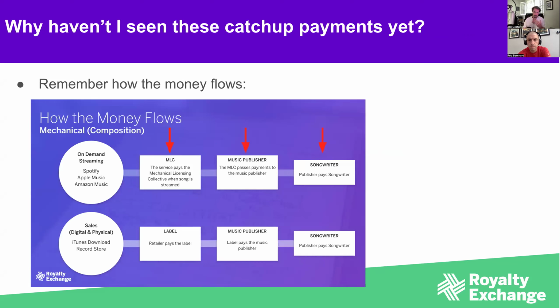So it's important to remember how the money flows for these royalties, okay? So first, the music gets streamed on demand, Spotify, Apple Music, Amazon, etc. And that's what the MLC collects. It collects those royalties from those DSPs directly, okay? The MLC then pays out those royalty collections to stakeholders. Sometimes it's individuals, there might be indie artists, but oftentimes it's to publishers. So then it gets paid to the publishers, which then cycles down to the songwriter or individual who would then sell their rights on Royalty Exchange. So something that you would have acquired on Royalty Exchange.